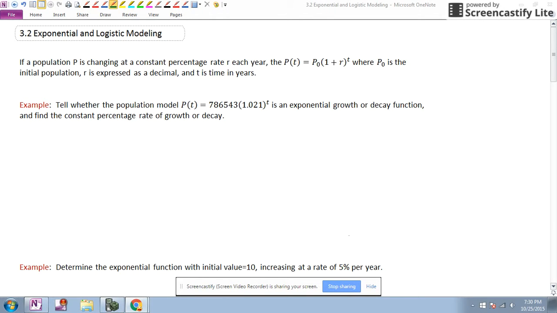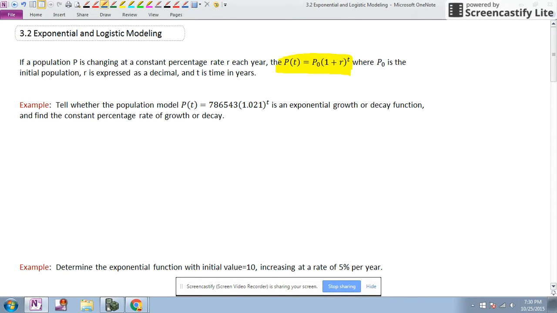Now, we've seen exponential graphs, and we've noticed that they are either growth or decay. And so we can model a lot of real life situations after that. And so here is a beautiful equation that if you know that there's a constant rate of change for anything really, if you can model it, if you know it's increasing, let's say 10% every minute, I can make an equation for it. If it's a constant 10%,